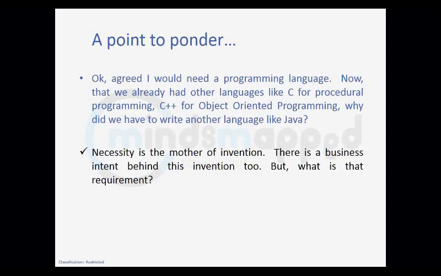Everything has a business intent. Every invention out there has some intent. In case someone has invented something which has not been of use, then probably it has been forgotten completely. But Java was invented with a business intent, and there is something within C++, even though C++ is an object-oriented